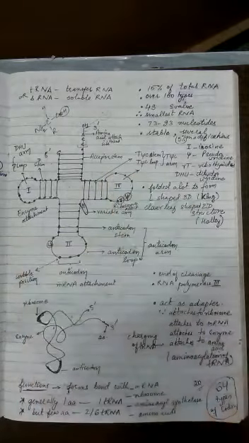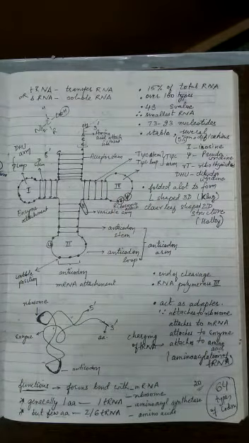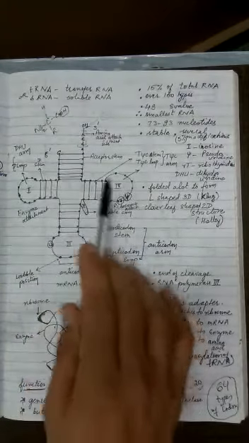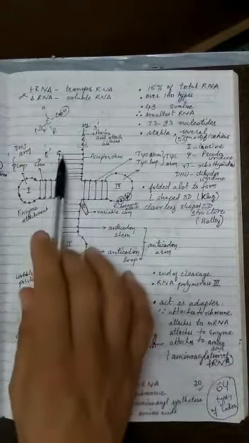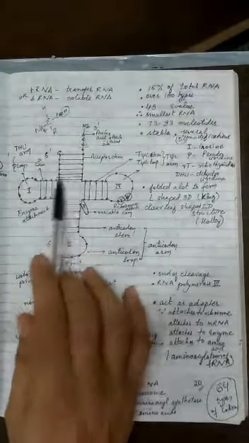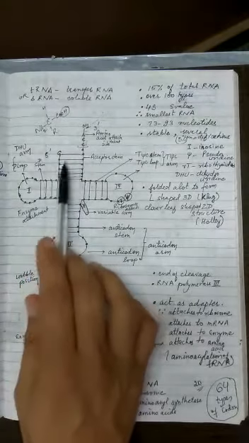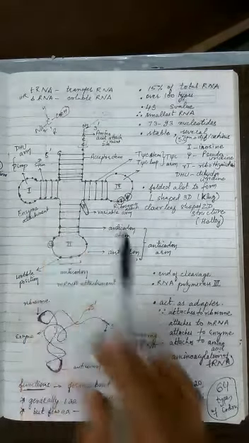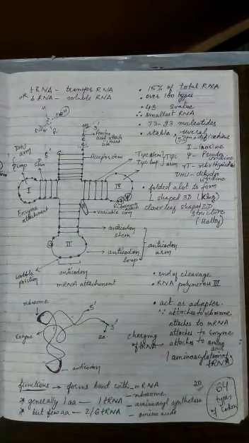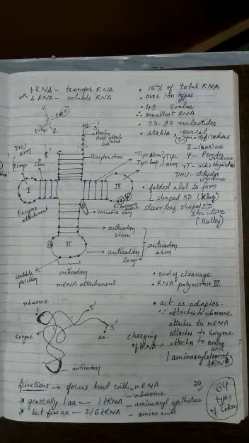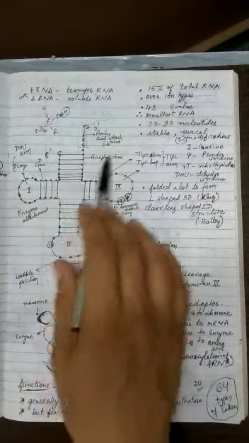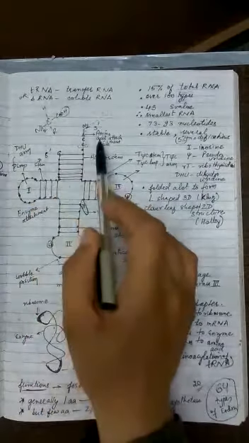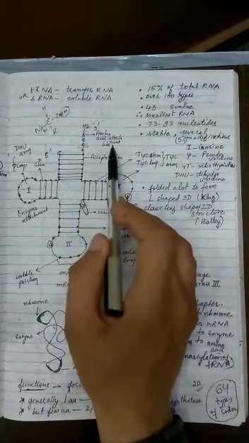So this is how tRNA appears in 2D. This is the 5' end, it undergoes bending, and this is the 3' end. Now you can easily see I have made some bonds. These bonds are supposed to be double hydrogen bonds, or 2 hydrogen bonds or 3 hydrogen bonds, depending upon whether GC or AT is present opposite to each other. So this end is the end which joins with the amino acid, not the 5' but the 3' end, and that's why this end is called the amino acid attachment site.